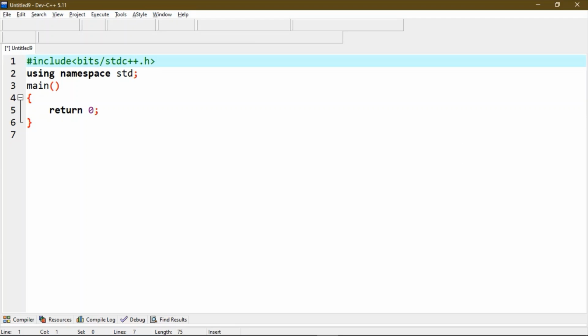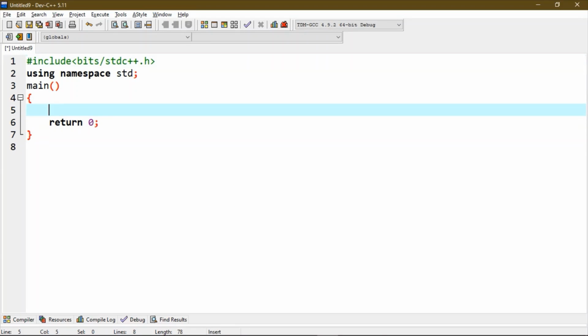First, let's declare an array of size 7 and assign it some values.